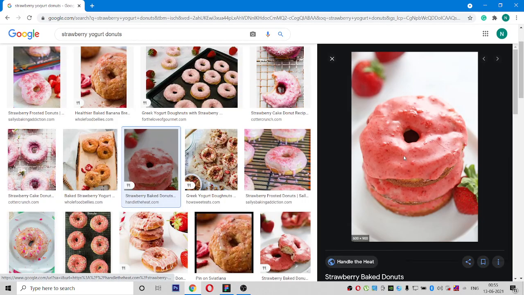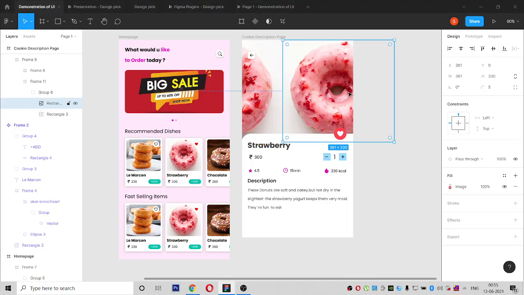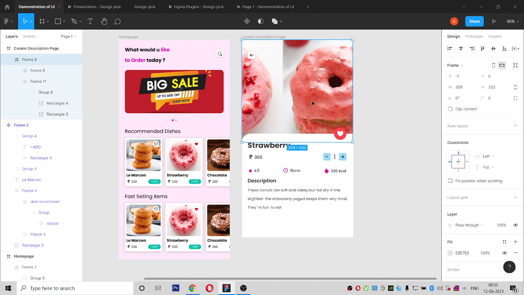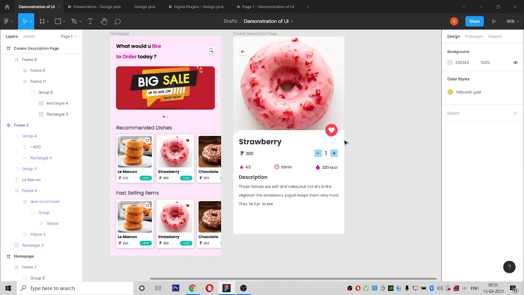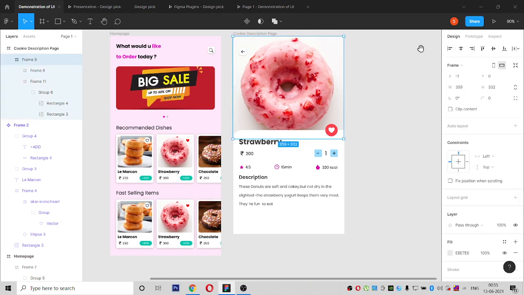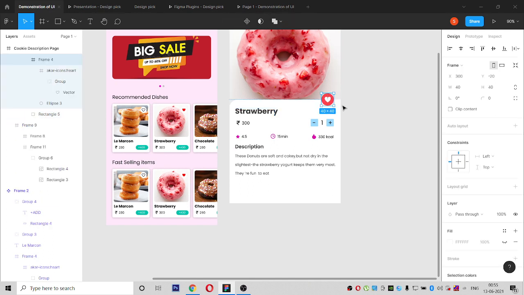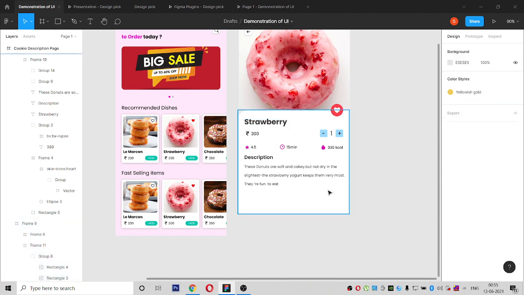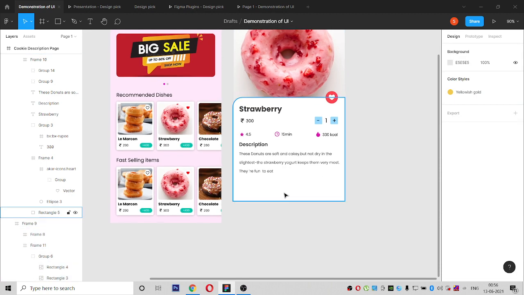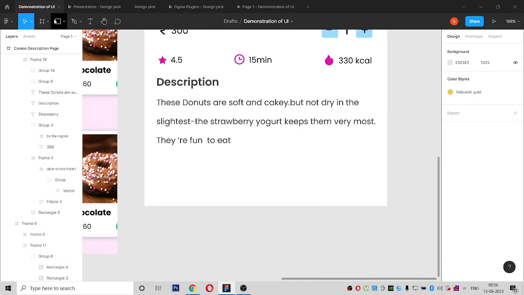We will place this image to this, copy and paste it. That's it. And we have given a scroll prototype, horizontal scrolling. This list won't get affected and this won't get affected. So the description we have placed, and finally we have to place a button.